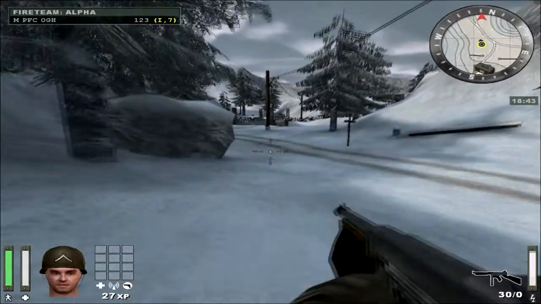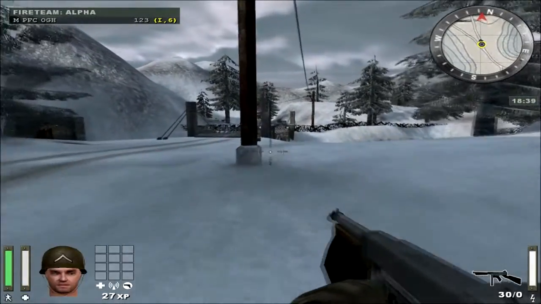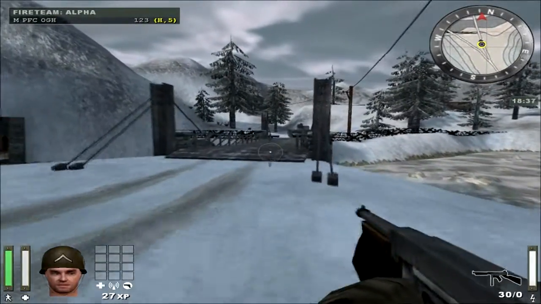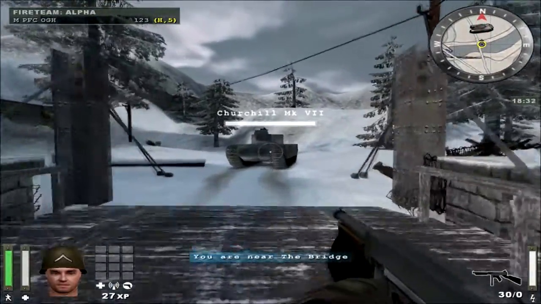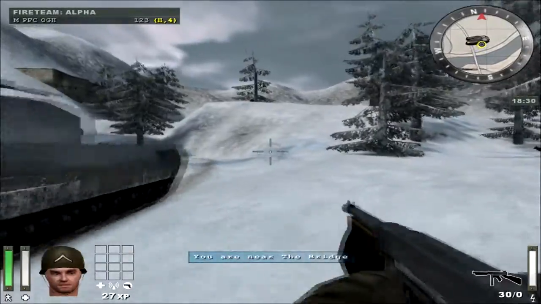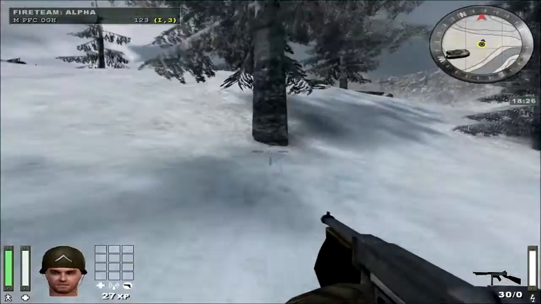there's one building in this game. Well, there's actually two buildings in this level, sorry, that have small interior changes. You'll see it in a bit, actually. If I go up and